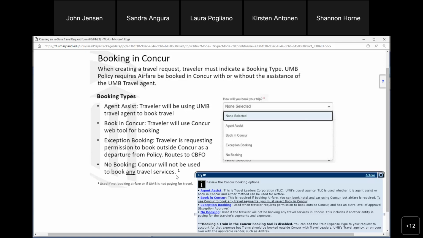No booking. In other words, I don't need to book any travel services. And when I say travel services or travel segments, I am talking about rental cars, hotels, flights, and trains. Okay. Rental cars, hotels, flights, and trains. You would also use no booking if another entity is paying for all the travel,